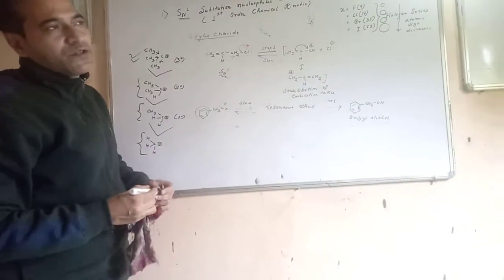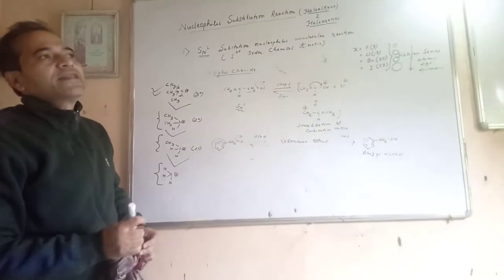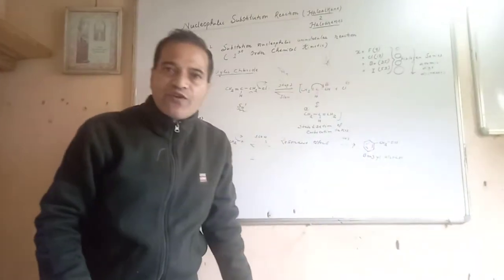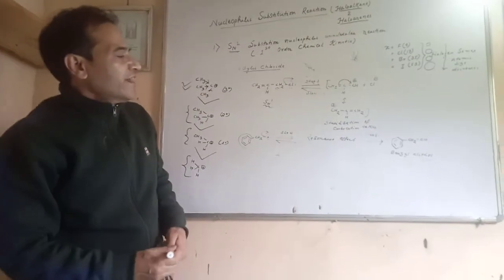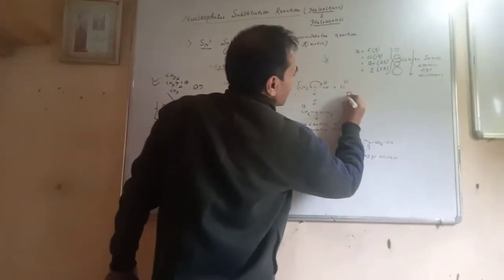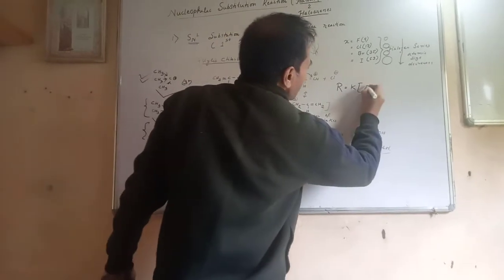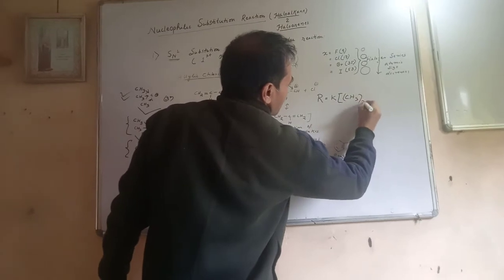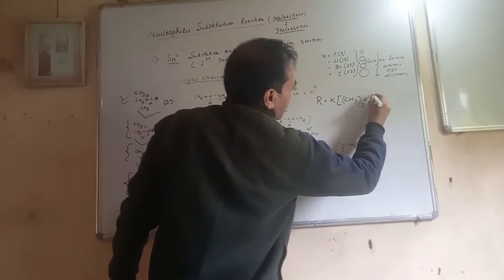So what we have learned so far is that the SN2 reaction is a one-step reaction. A one-step reaction is also known as a concerted reaction. It follows second order kinetics. Here the rate of the reaction, I forgot to write, is depending on the substrate. So suppose the substrate is tertiary butyl halide.